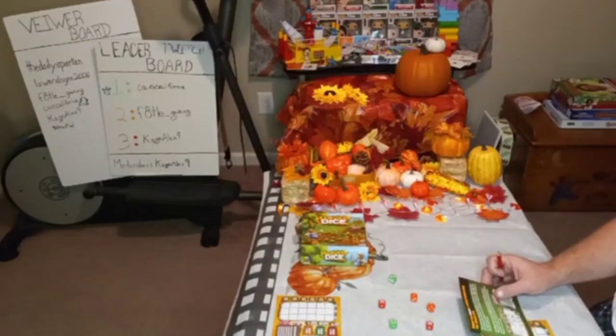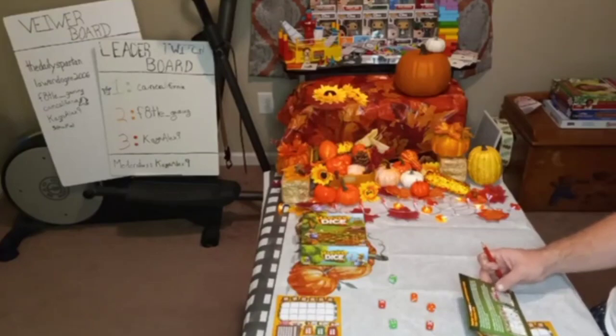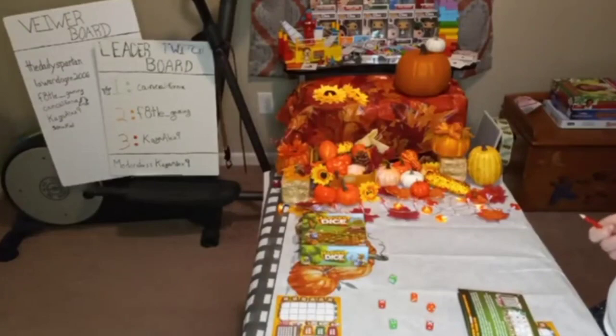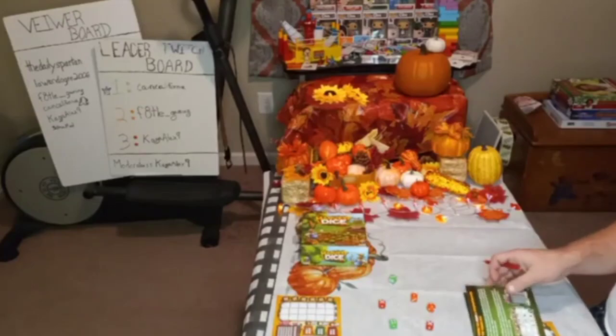When planting a vegetable that matches a vegetable already in your garden, you must plant the new vegetable next to a vegetable of the same type and not diagonal. Okay. So